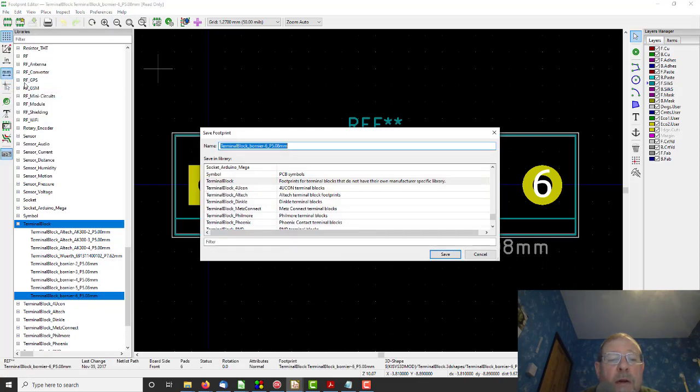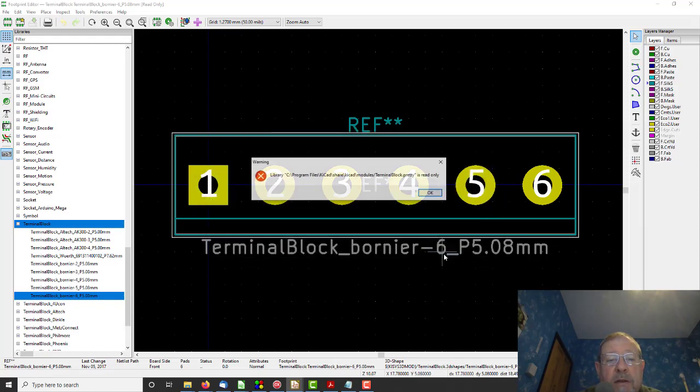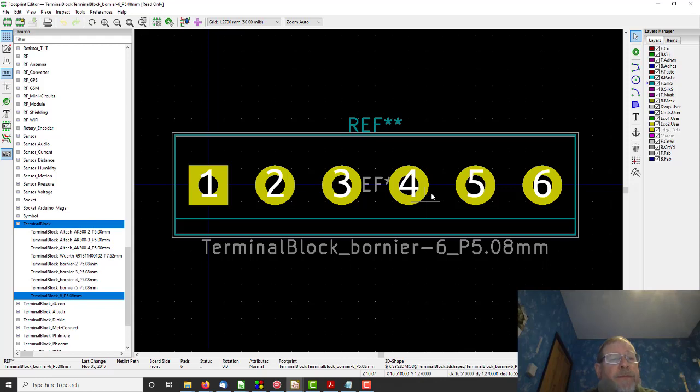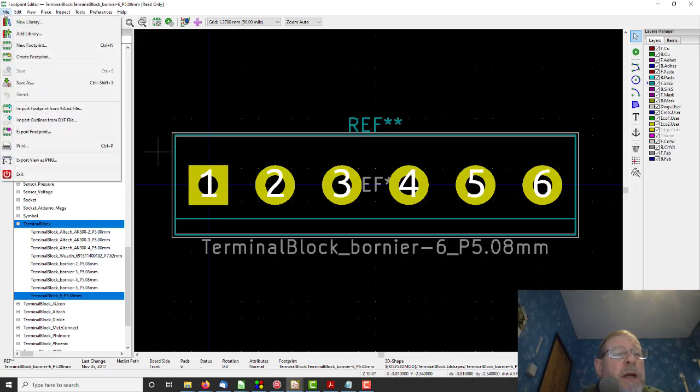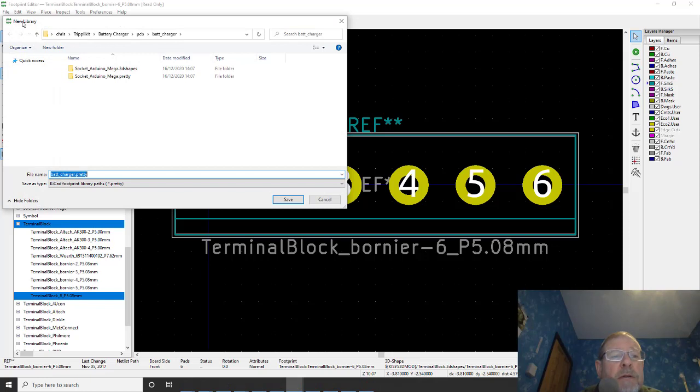Yeah, should we put it in terminal block, and we will call it terminal block 8 5.08. Hit save. Read only. Okay, so shall we in that case create a new library,